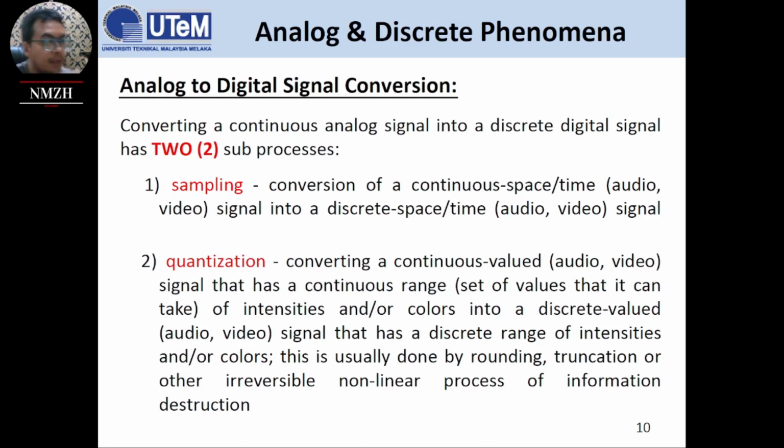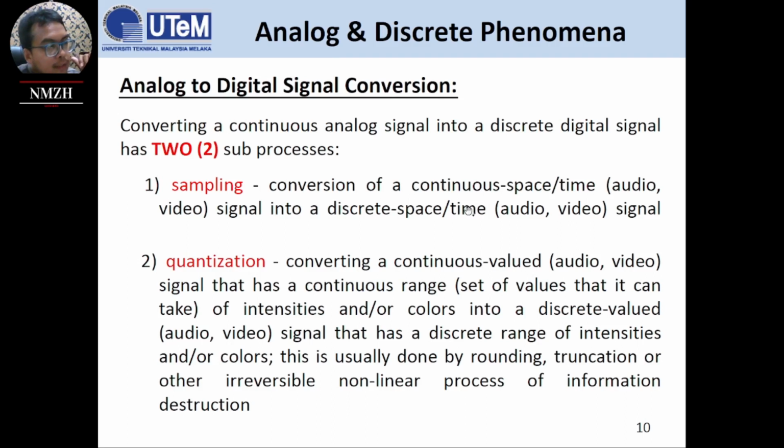Remember x and y. So x will be time, and time is t. When we talk about x, t, that is sampling, whereby we sample everything on the horizontal axis. Either the space on the horizontal axis is 0 to 1, or 0 to 2, depending on the sampling rate that we choose.